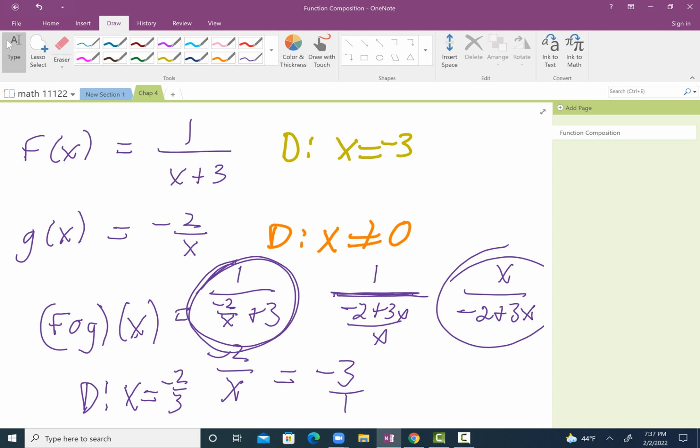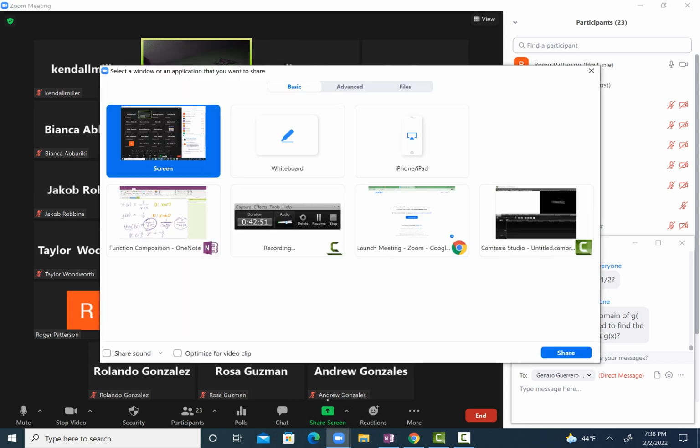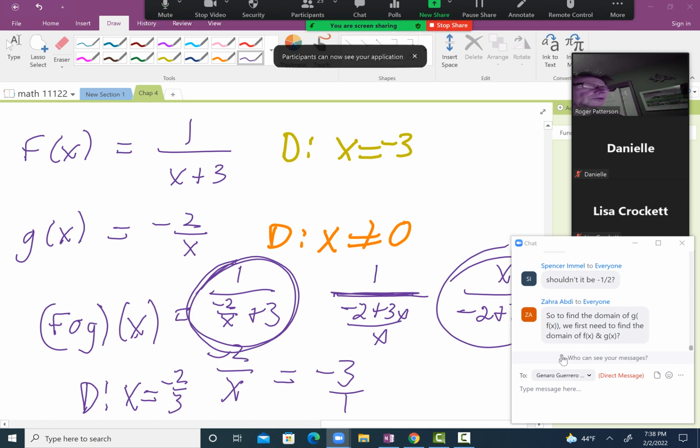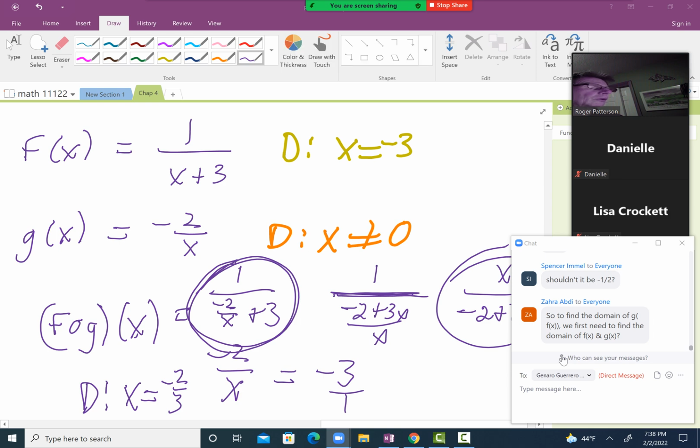Okay, now let me see if I type something in wrong. f of g of x. No, it just doesn't like it. And I think it's because it has double restriction, so it won't do it. So then in that case, what we want to do is say, yeah, we have to also restrict it so that x